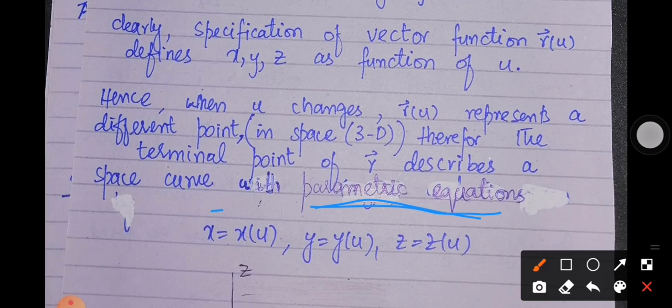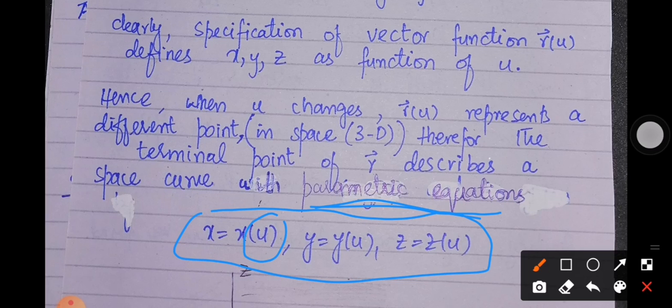And here you can see that we are not saying that x, y, and z are different functions depending on different variables. All the functions are depending on one single variable u, and if I change the value of u, the point is going to change completely, because by changing the value of u, x, y, and z are going to